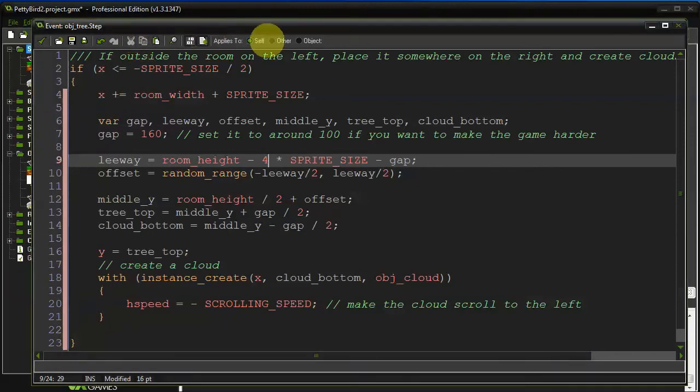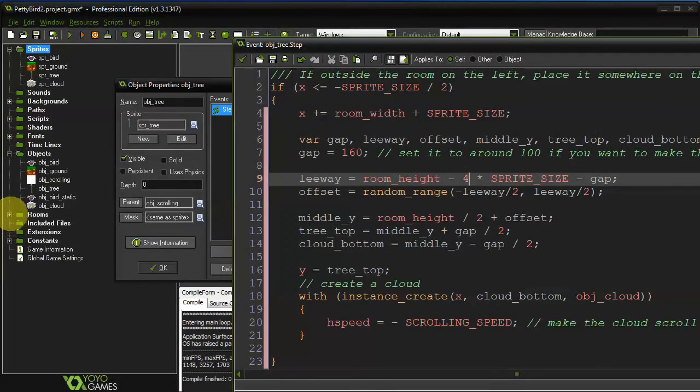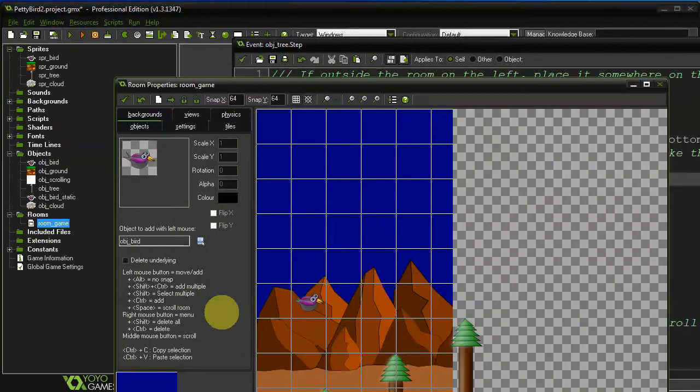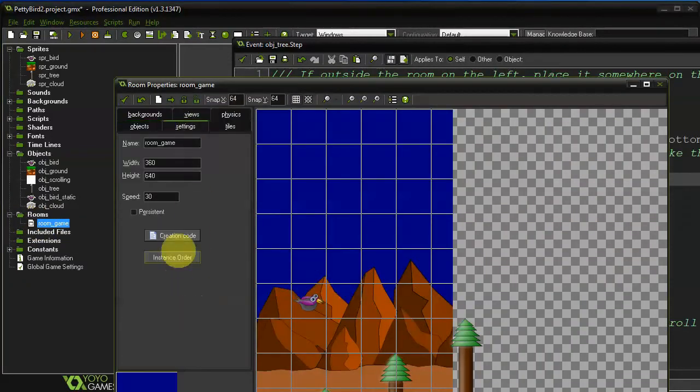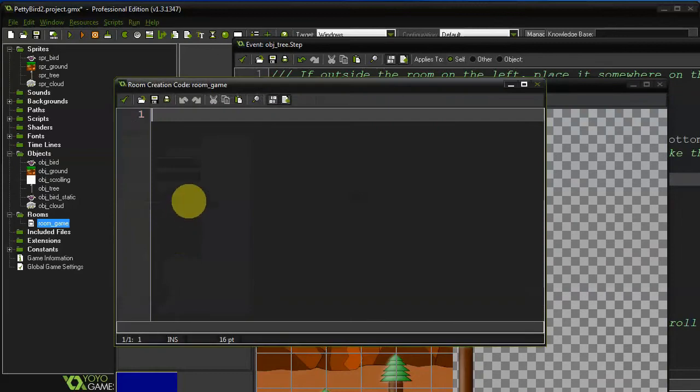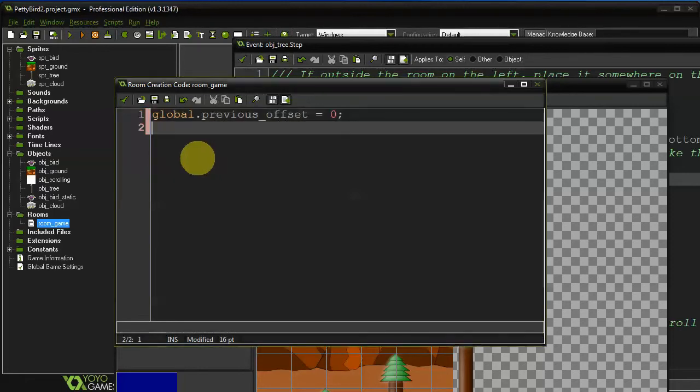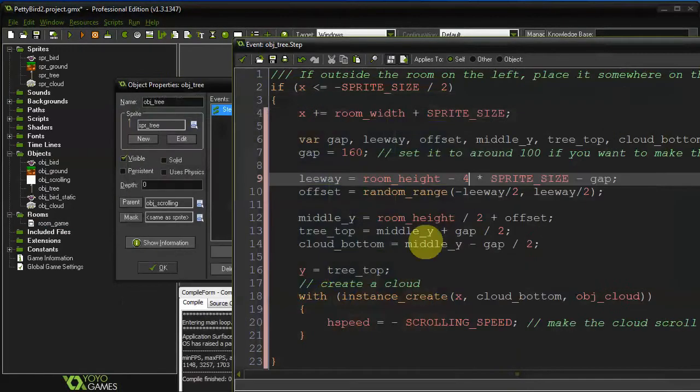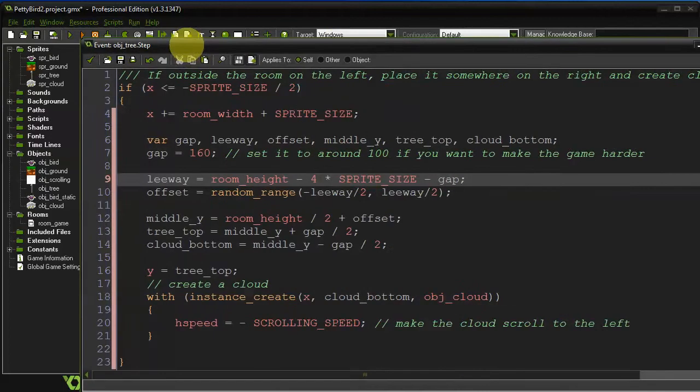Open the room. And then go to settings and click on creation code. And here we're going to introduce a global variable called previous offset. So write global.previous_offset = 0. And this code is being run before any of the instances are created. And then we can just go back to our script in the tree, and